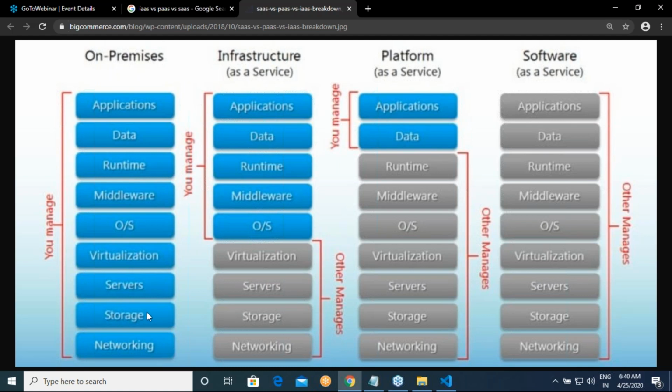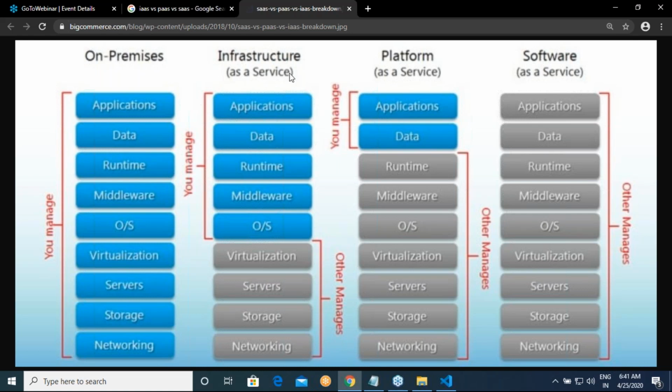Storage, that is disk maintenance, backups, your responsibility. The physical server, your responsibility. The VMware or virtual machines on top of it, your responsibility. Operating system on top of it, your responsibility. The softwares and the runtime which you install, your responsibility. Application and data that you generate, your responsibility. This is generally how we manage our application. For example, this could be any server which is physically present in your office. Everything is managed by your organization.